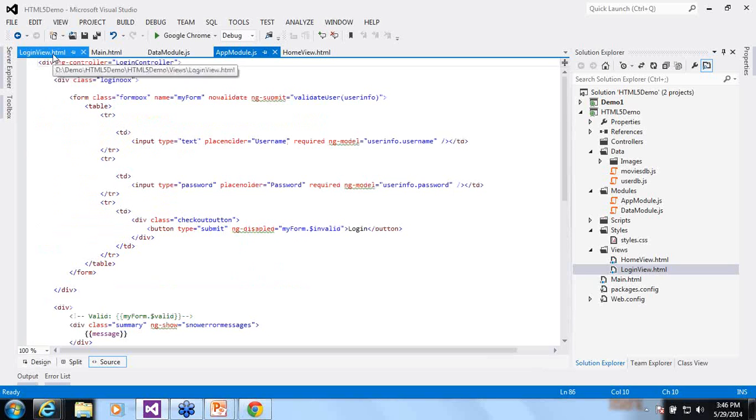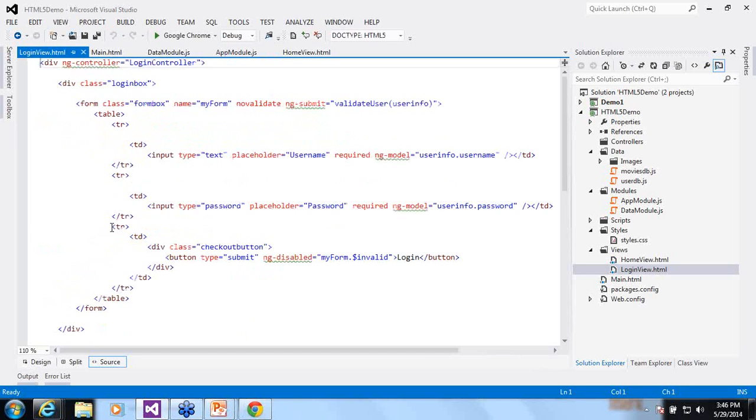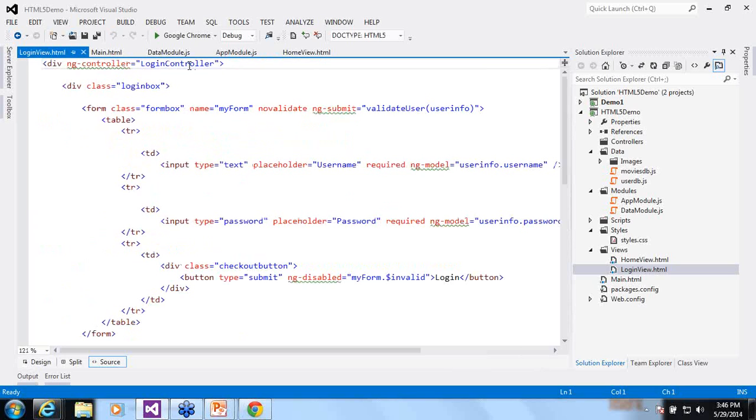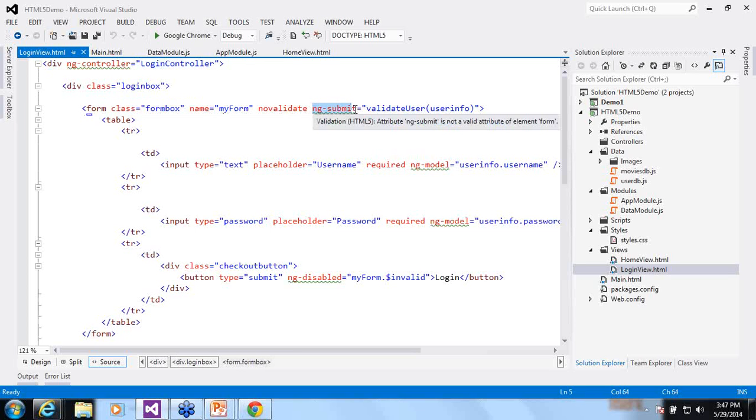So in our login view.html, our parent element is bound to the login controller. So we have a form control, and the ng submit directive is bound to the validate user function.